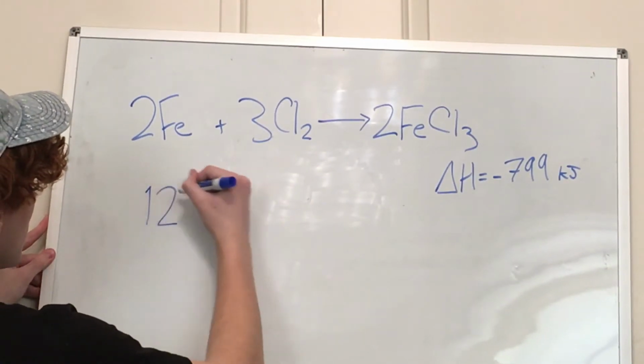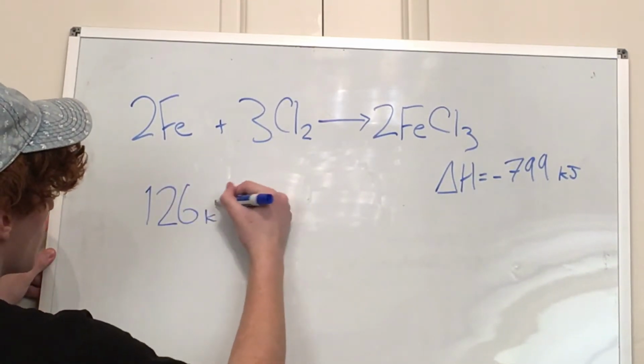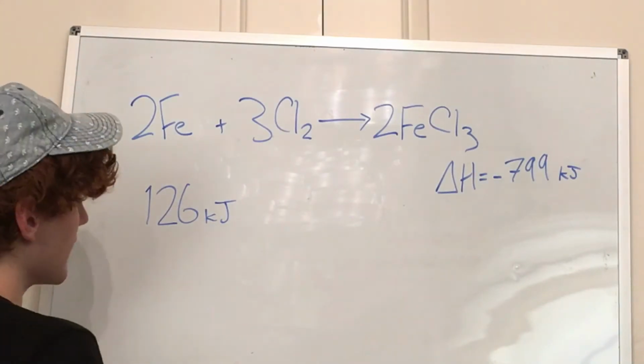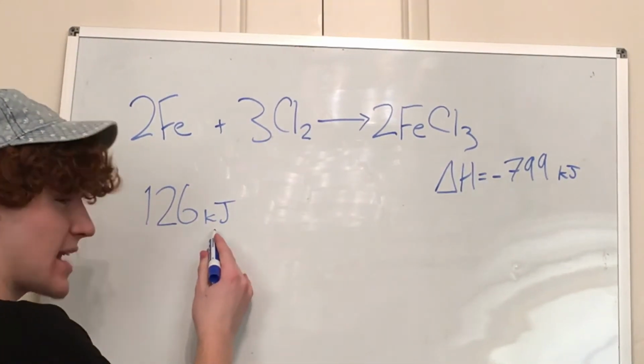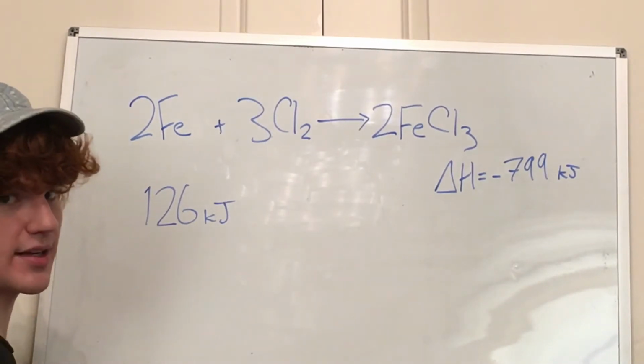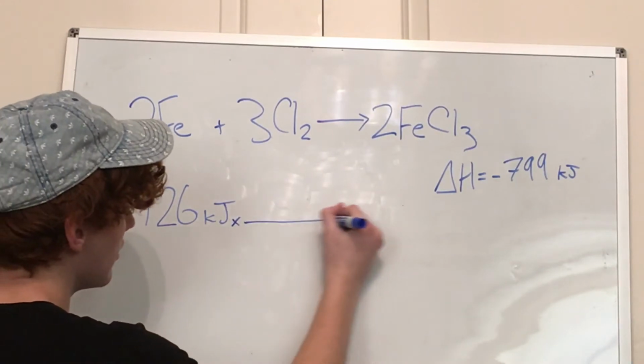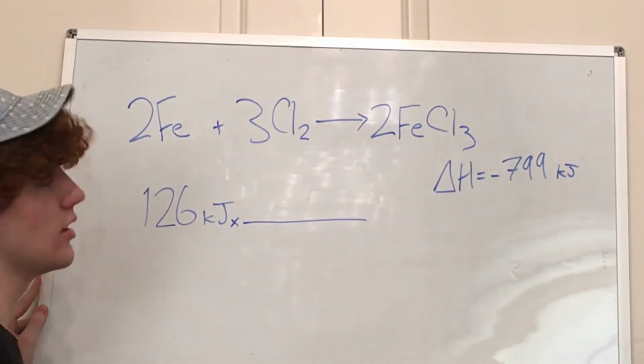126 is what's given to us, 126 kilojoules. The last one we were given grams, but in this one we're given kilojoules. So it's the same thing as the last one, we're just solving for something different. All right? Now, in order to make these kilojoules cancel out, just like the last one, we're going to take